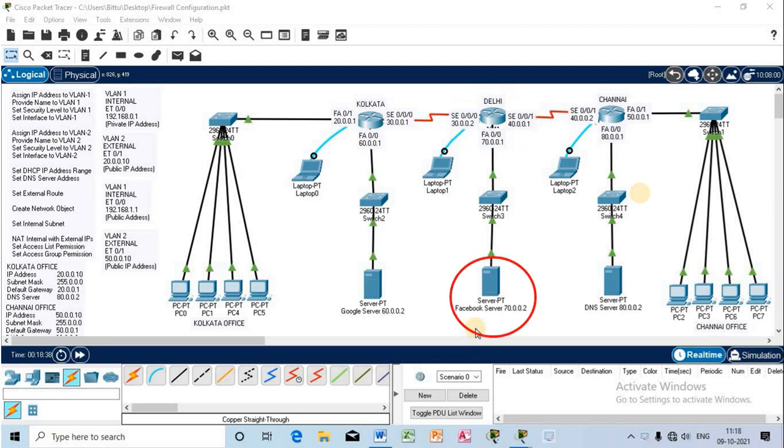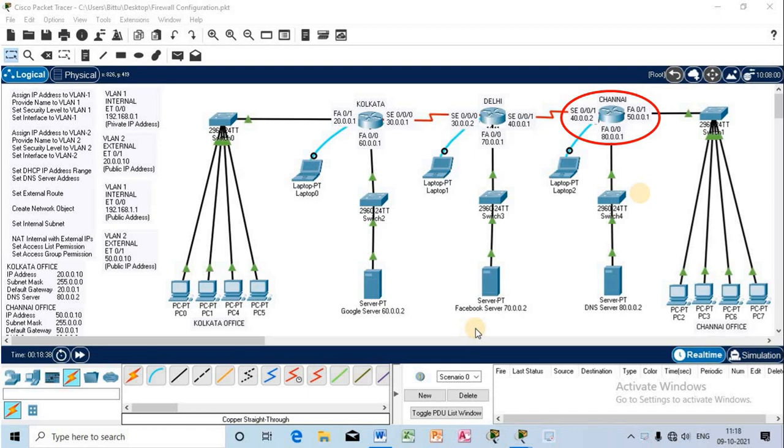This Facebook server I have connected with the Delhi router, having the IP address 70.0.0.2. This is not the original IP address of the Facebook server, but for the sake of this lecture I have assigned a particular IP address to recognize this as the Facebook server. Also we have another router at Chennai.